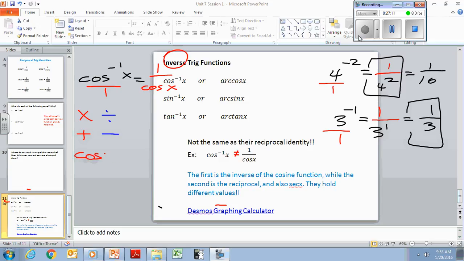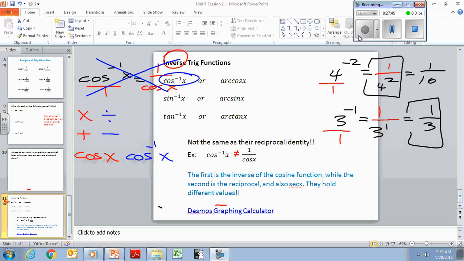Someone try to tell me what the inverse of cosine is, which won't mean anything to you, but just go with the idea. Division undoes multiplication, subtraction undoes addition. What undoes cosine? 1 over cosine is a good answer because I put this thing which is wrong, so that's bad of me. But it really is this cosine thing to the negative 1 power.